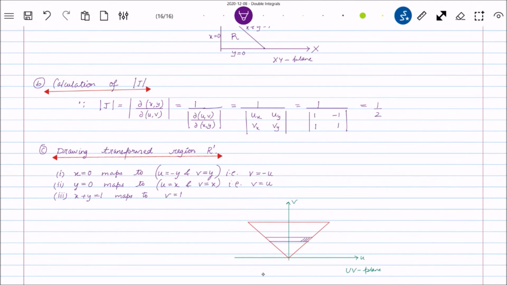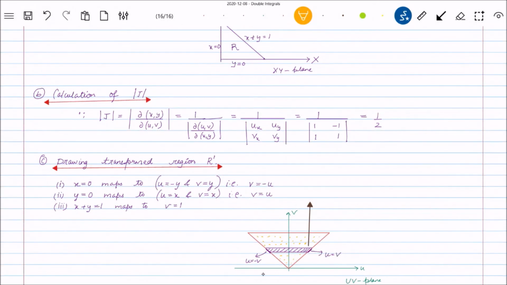कैसी स्ट्रिप बनानी है, फंक्शन देखना पड़ेगा। मैंने जान के हॉरिजॉन्टल स्ट्रिप बनाई है। वर्टिकल स्ट्रिप अगर आप बनाएंगे तो आप इंटीग्रेशन नहीं कर पाएंगे। हॉरिजॉन्टल स्ट्रिप बनाने से आप देख पा रहे हैं कि स्ट्रिप का बेस है u equal to minus v, और स्ट्रिप का हेड है u equal to v।